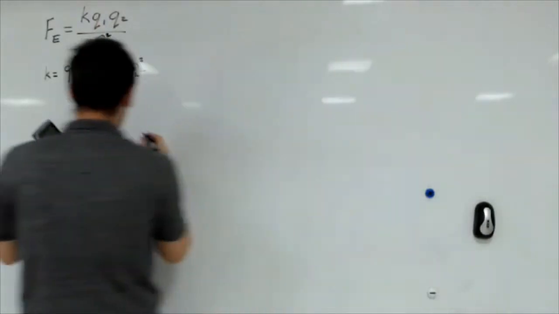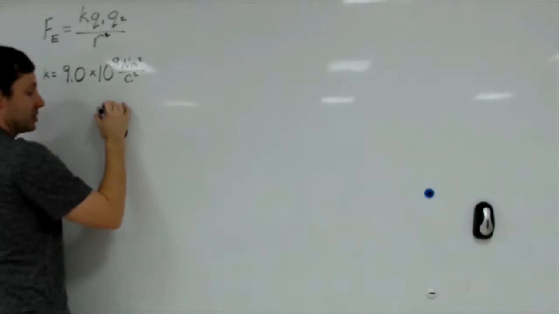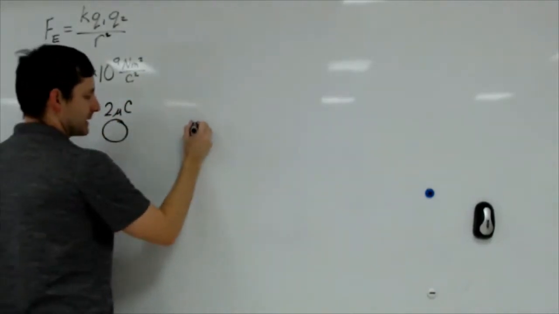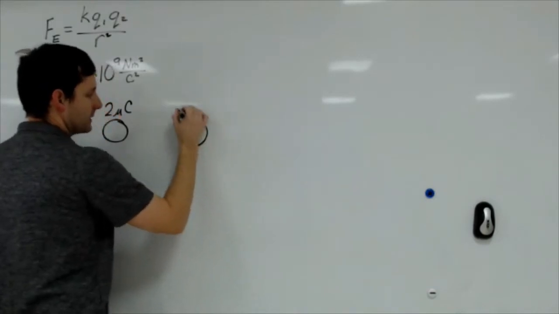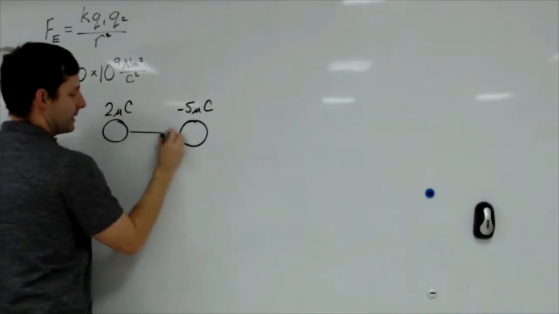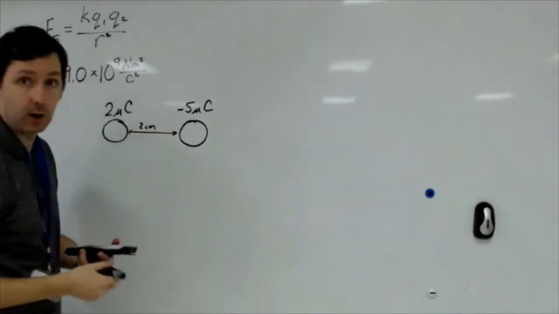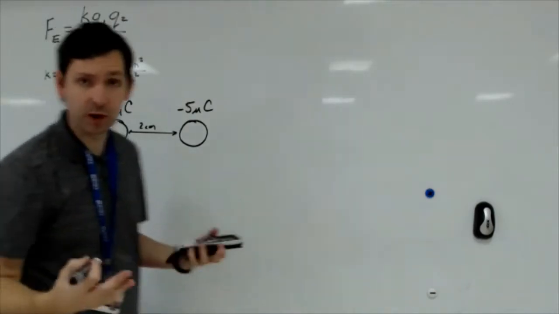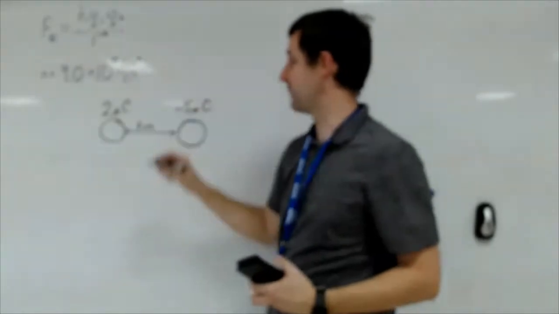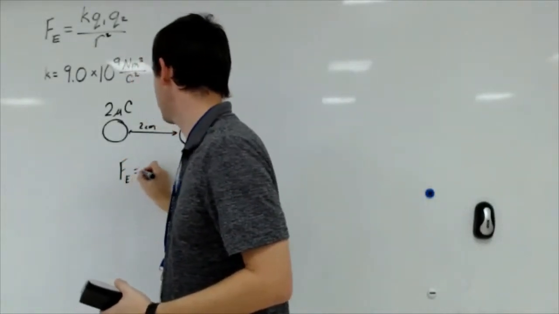Let's consider two charges. Let's take one charge that's 2 microcoulombs, and a second charge that's -5 microcoulombs, and the distance between them is about 2 centimeters. All right, so we can work through this using Coulomb's law. The electric force, Fe, because it's an electric force, is